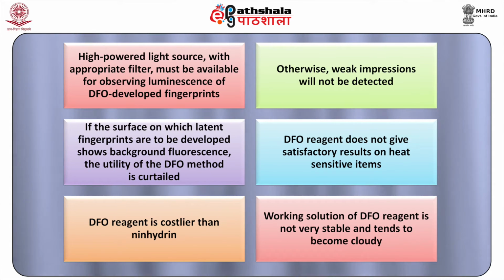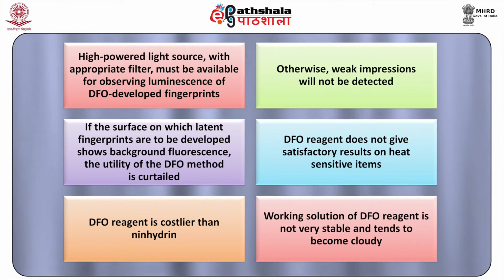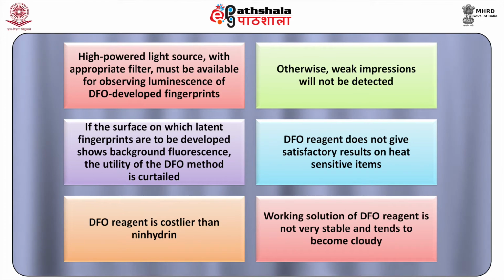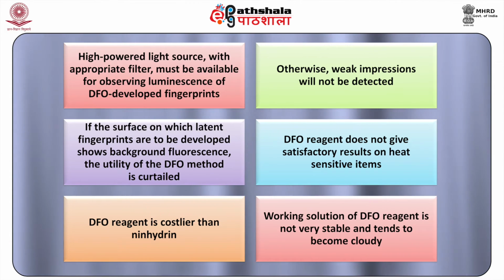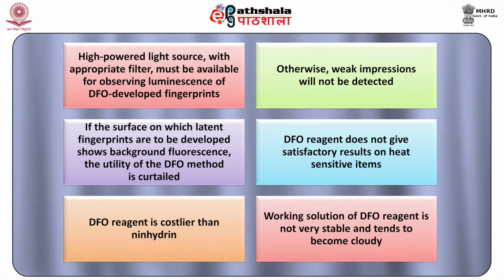The DFO method has the following demerits as compared to the Ninhydrin technique. Number 1. A high-powered light source with appropriate filter must be available for observing luminescence of DFO-developed fingerprints. Otherwise, weak impressions will not be detected. Number 2. If the surface on which latent fingerprints are to be